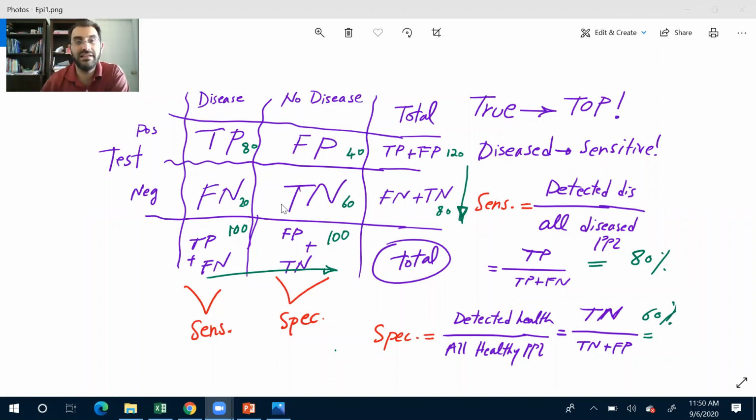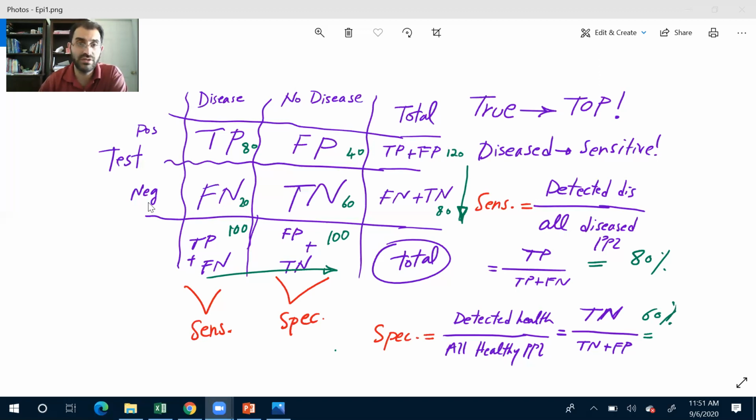Ladies and gentlemen, in the afternoon we'll have a risk factor here. In the morning, we'll have a test here. Test positive, test negative. In the afternoon, risk factor positive, risk factor negative, like smoking, non-smoking, radiation exposure, no radiation exposure.